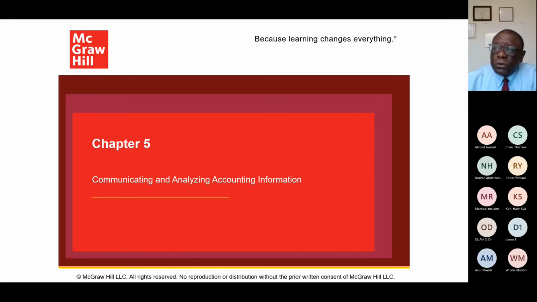Then they are all in the slides that have to do with account receivable turnover. You should be able to know how to calculate account receivable turnover. You know what account receivable is, and from there you should be able to calculate what account receivable turnover is.